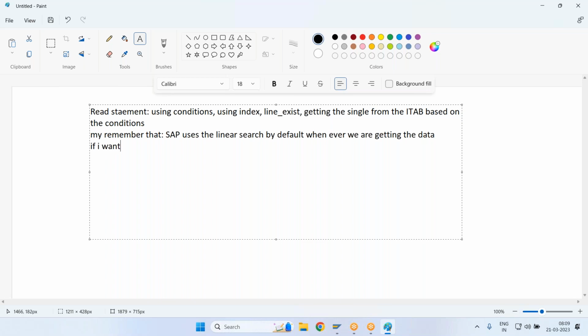If I want to use the binary search, then we need to convert the table into a sorted internal table. We need to convert the table into your sorted internal table. Then only you can do that. In order to convert into a sorted internal table, what we need to do, we need to create